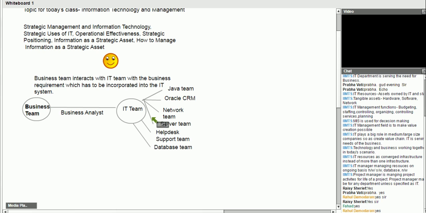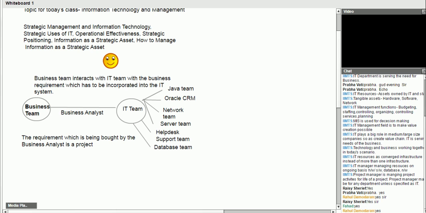So with the help of the IT team, the IT team will be able to fulfill the business requirement which is being brought by the business analyst. The requirement which is being brought by the business analyst is, we can say, a project,